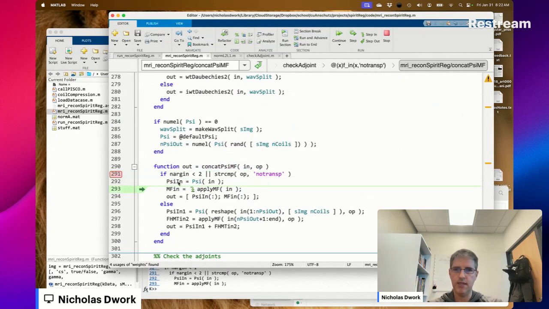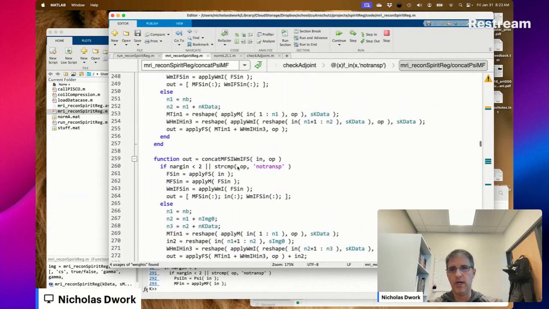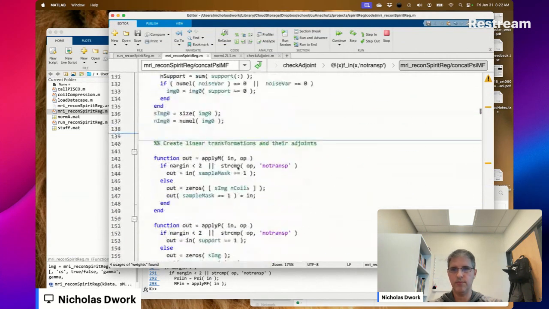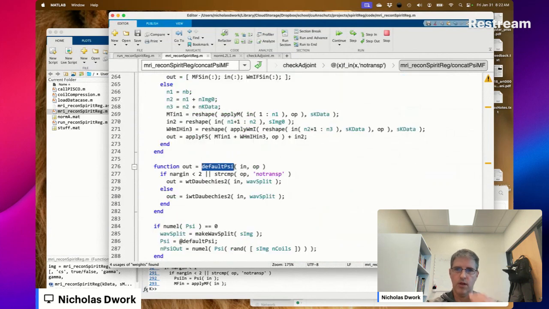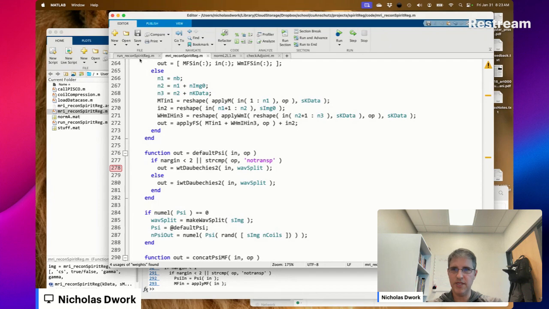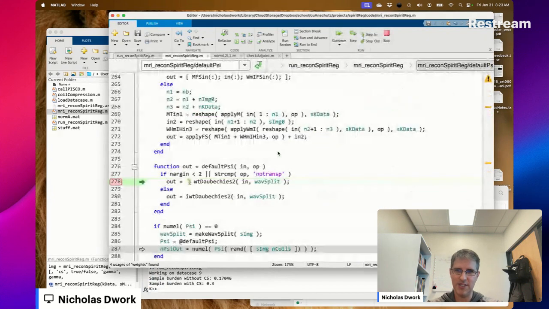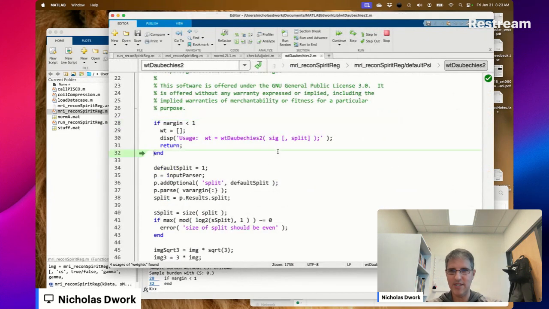What is psi in? 250. Ooh. Wow, okay. Our own Daubechies transform didn't do what I wanted. It doesn't satisfy a requirement.